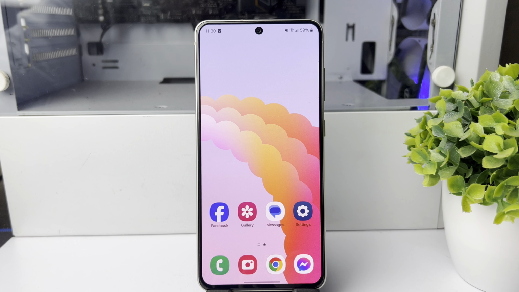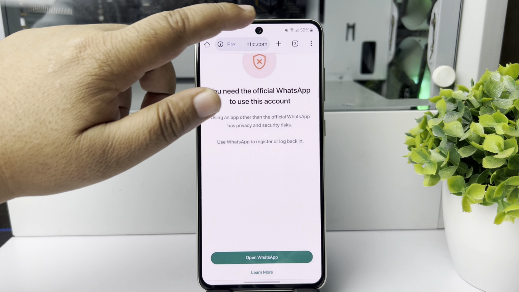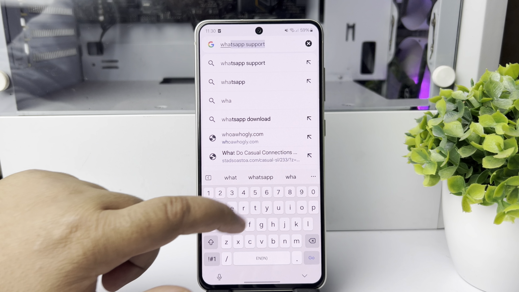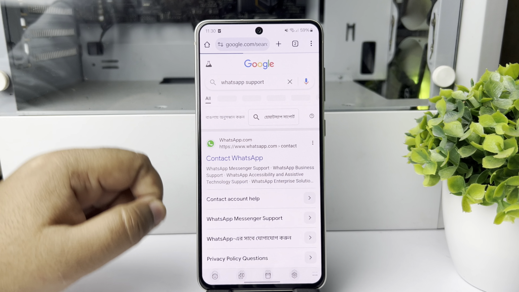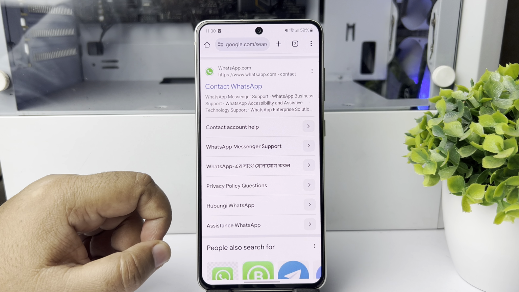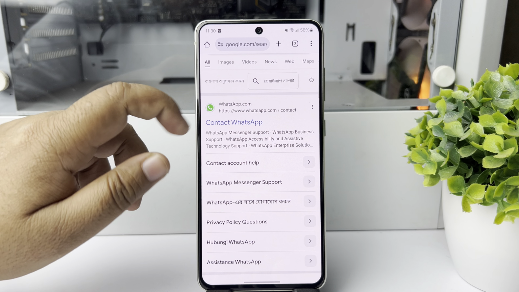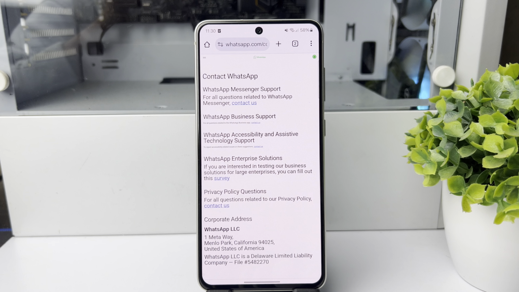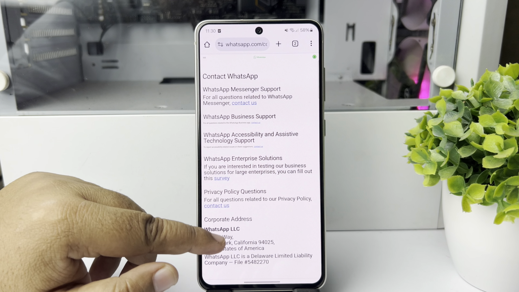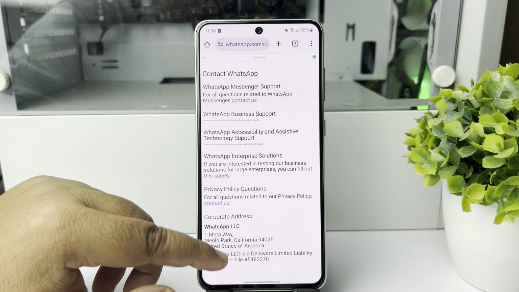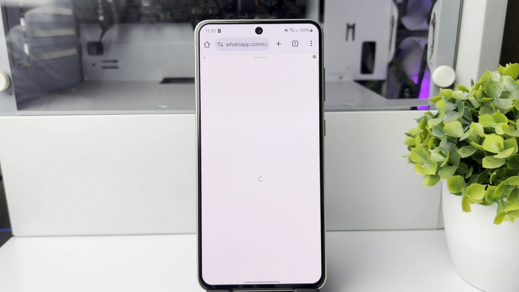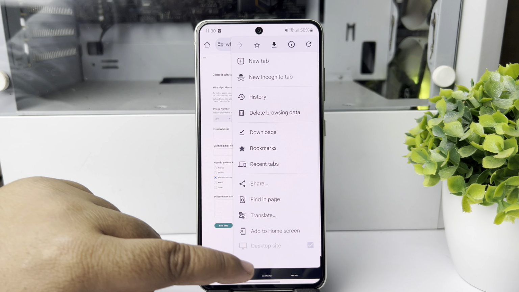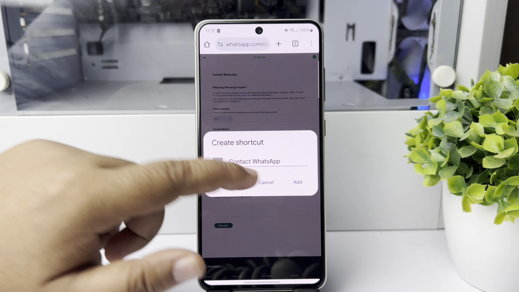And after following all of these solutions, if you're still having the same error, in this case, we have to contact WhatsApp customer support. So open a browser and type here WhatsApp support, and here you have to tap on contact WhatsApp, and in here tap on contact us, and here you will find a form. Make sure to disable desktop side,